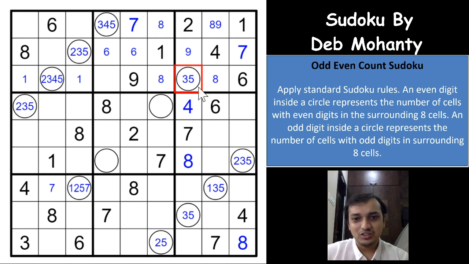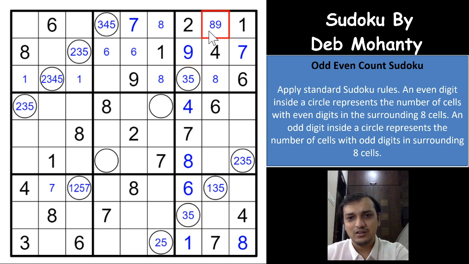And if you see, we got a 3-5 pair here, which means that the 3 remaining digits are 1, 9 and 6, right? 6 cannot come here, 6 cannot come here. In this column, 6 has to be in this cell itself. And 1 and 9, 1 is already here. You have a 1 here, you can have a 9 here. So which means that the 2 digits here are 3, 5 and 8. Superb. So you got a 1 here. That gives you, eliminates 1 from this cell, 3 and 5. So the 2 digits are 2 and 9, right?